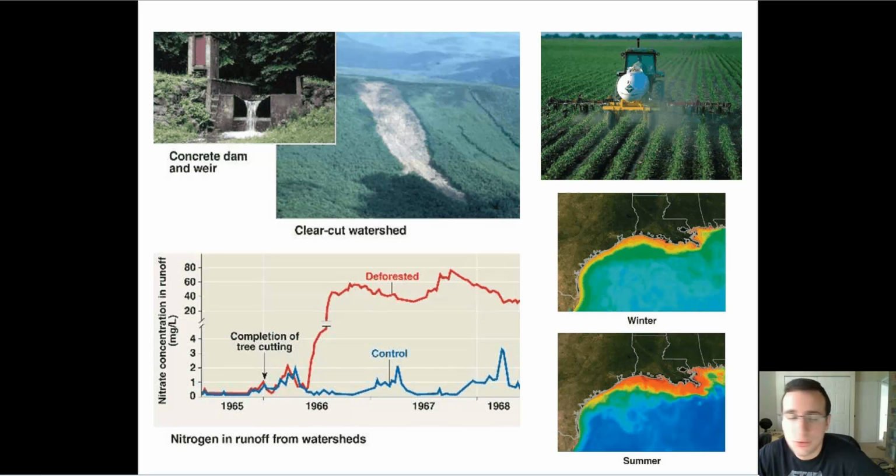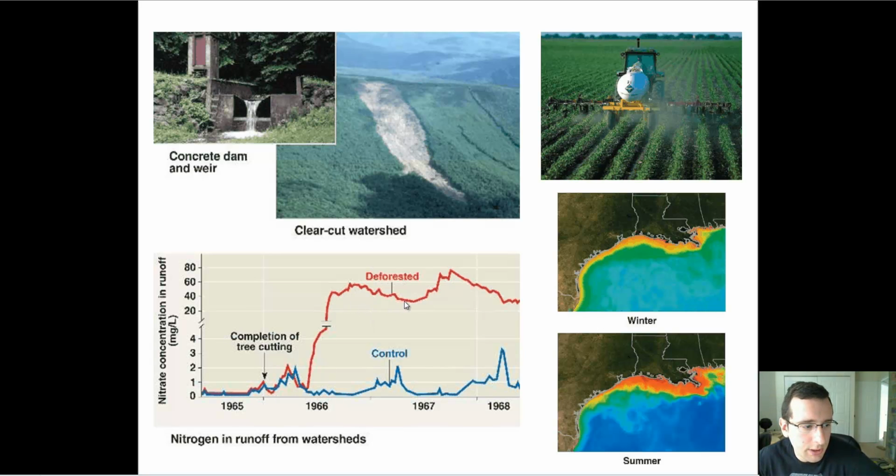And in fact, the roots were part of what was holding the soil together. So look at this experiment that was done in natural habitat. In 1969, they completed the tree cutting in a certain area, and throughout the whole time, they were measuring the amount of nitrate concentration in runoff. Remember, nitrates is that nutrient that the producers need. And notice what happened is that after the cutting was completed, the runoff increased more and more in the deforested